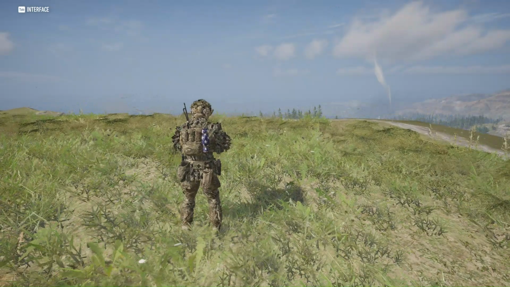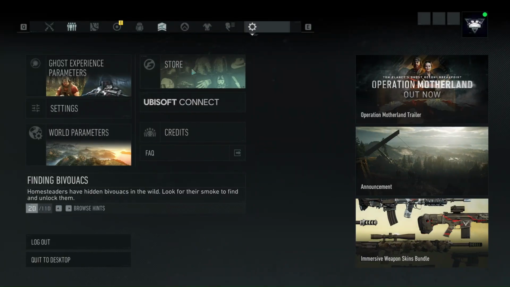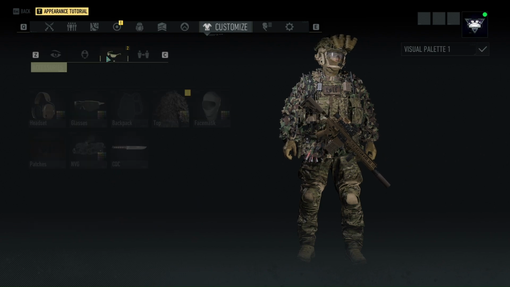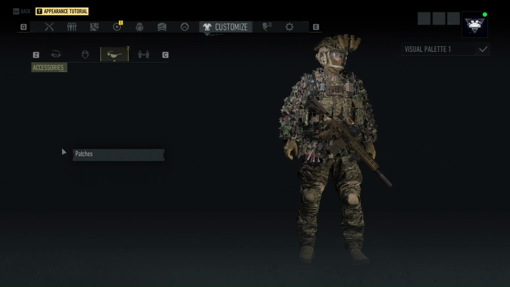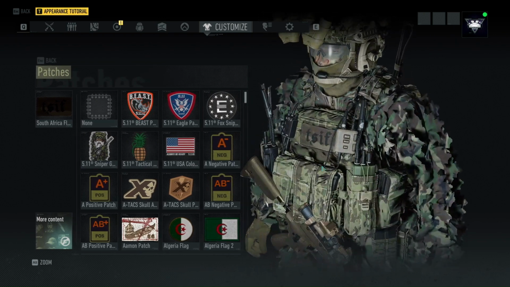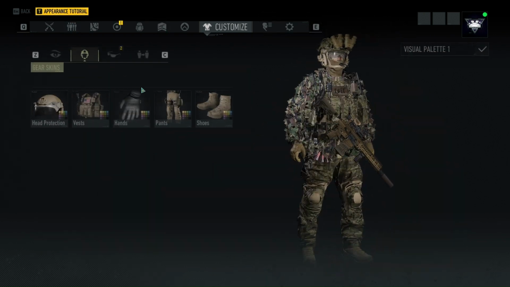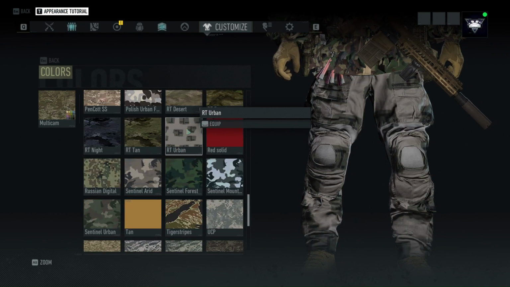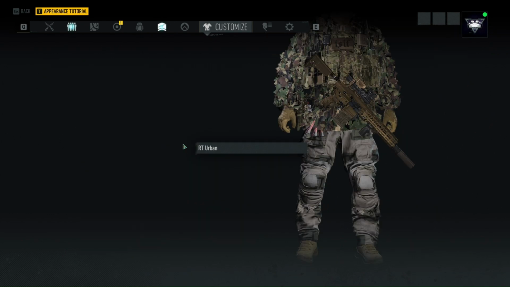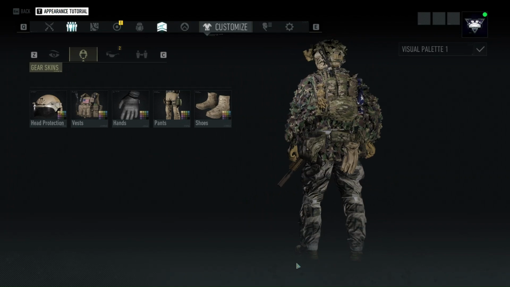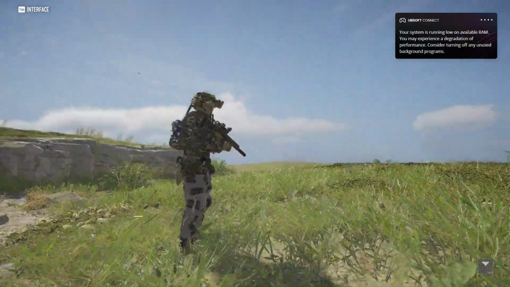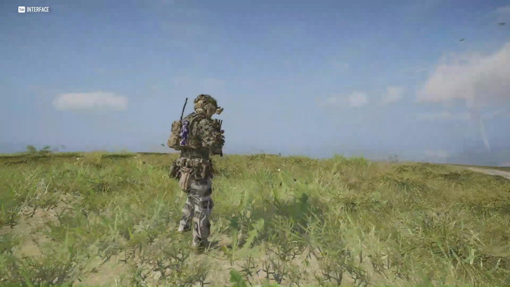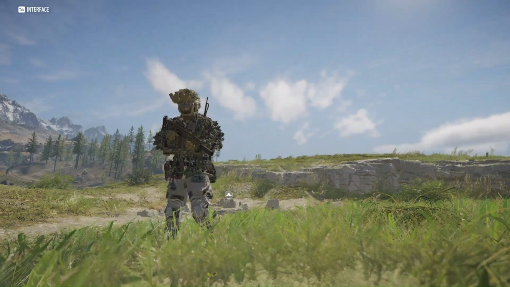So I am in the game right now. What I'm going to do is view the camo that I wanted to edit after I repack the folder. I'm going to click on the camo here and scroll down until I go to the Cryptek Urban pattern or the Cryptek Ghost. And it may look a little bit janky. So this might happen with your camo. If it looks fine, just go ahead, turn off the video. But